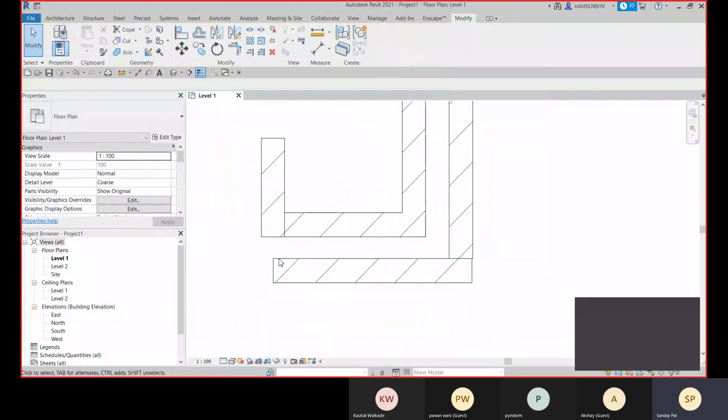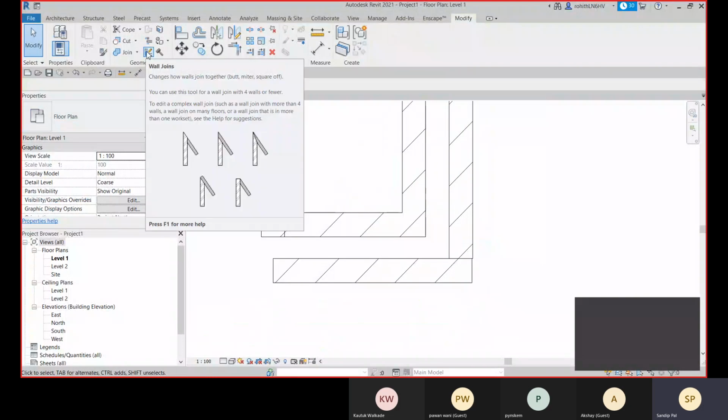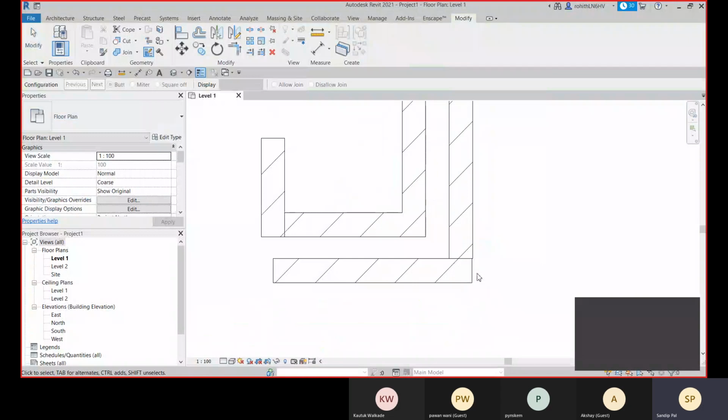Now you can specify the join type. For that we have this wall join option, select it here, and right now this is disallowed join. We will click on the allow join option.